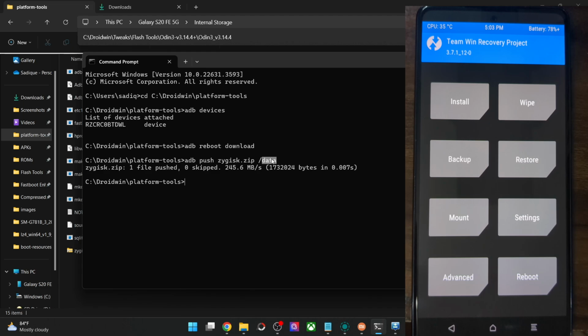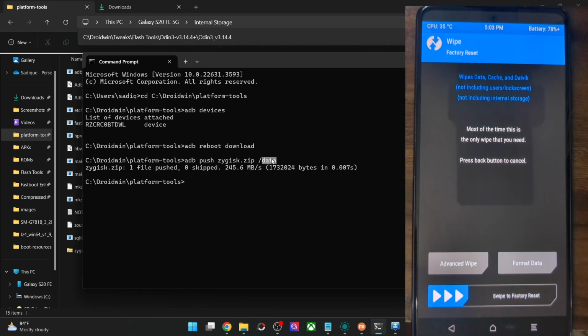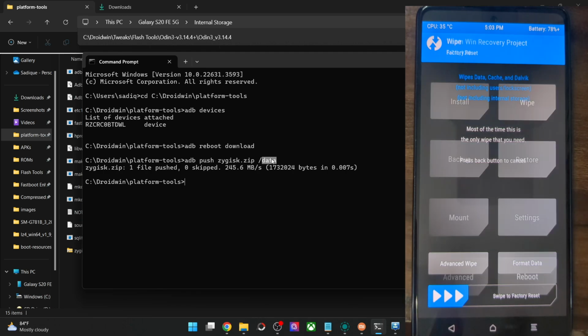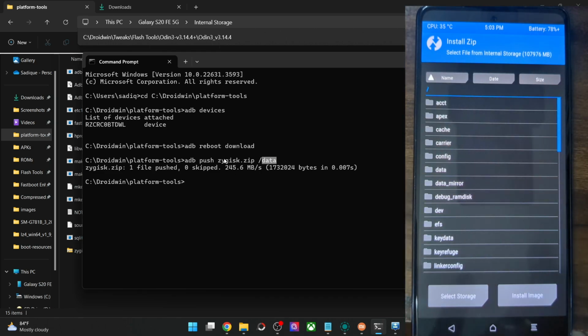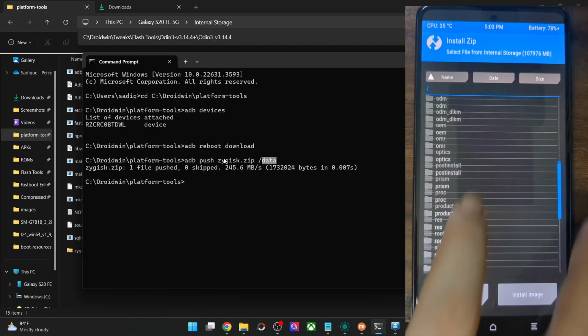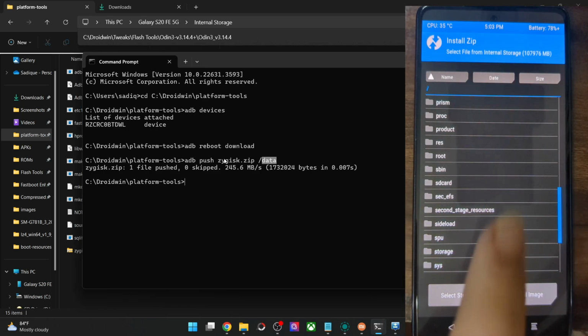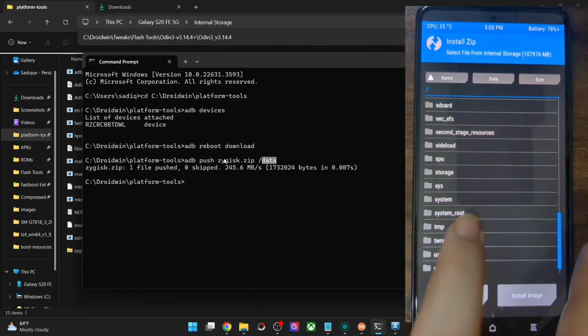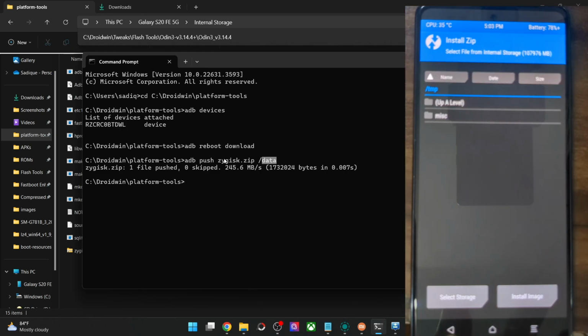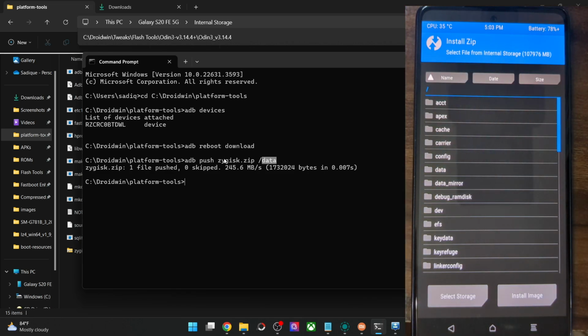So to rectify encryption, you could either do a format data, but upon the next reboot, the encryption will once again come back. So a much easier approach is to simply change the directory and transfer the file to any other location. You may use the data directory or any other directory of your choice. Apart from the SD card, you may use any other directory, but it's recommended to use either the data directory or the temp directory for flashing purposes. You may use either of these two directories and transfer the file there, and this encryption issue will remain across all the versions of One UI.